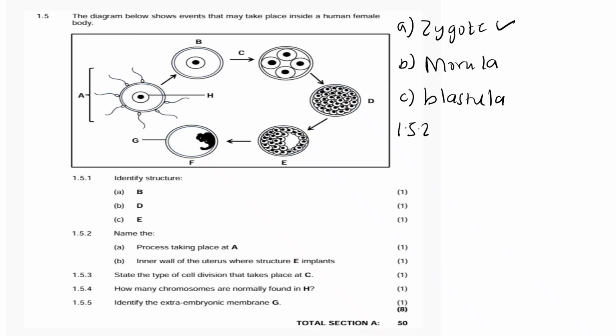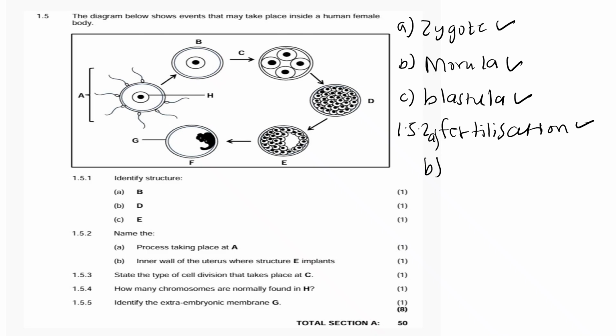1.5.2, name the process taking place at A. The process that is taking place at A is what we call fertilization. Fertilization. The process taking place at A is fertilization. Now B, the inner wall of the uterus where